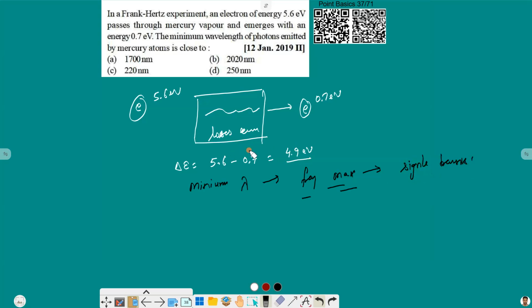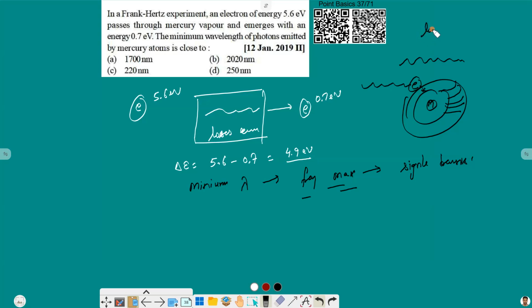Suppose this is a mercury atom. When the electron passes by, it will strike it, and the electrons of the mercury atom will make excitation or transitions. There is a possibility of multiple transitions, but if there are multiple transitions, we will get